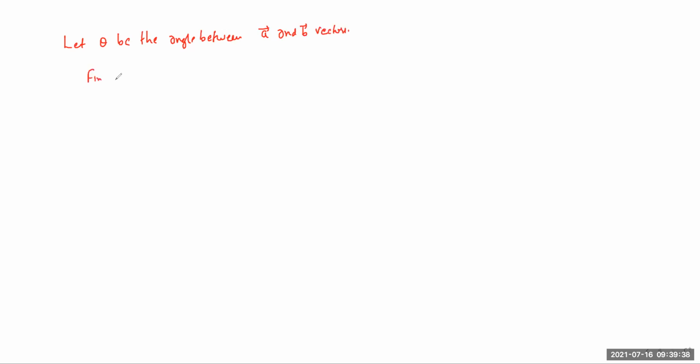Find the magnitude of the resultant. I will mention length, because graphically it's length. So find the magnitude of the resultant